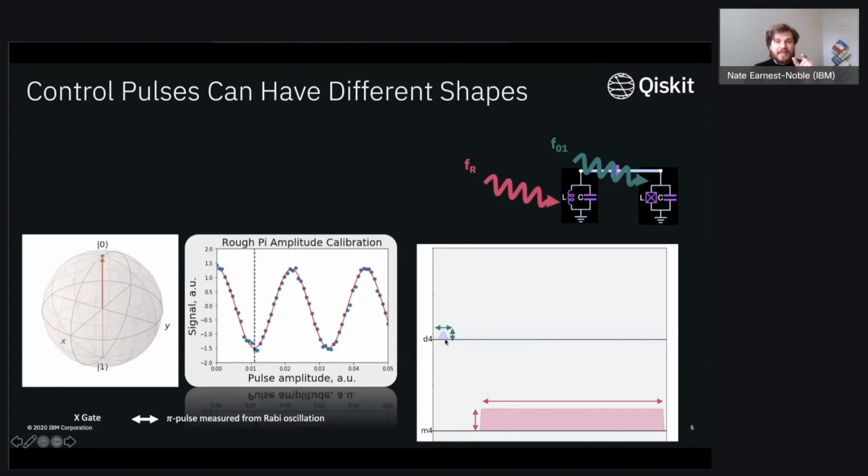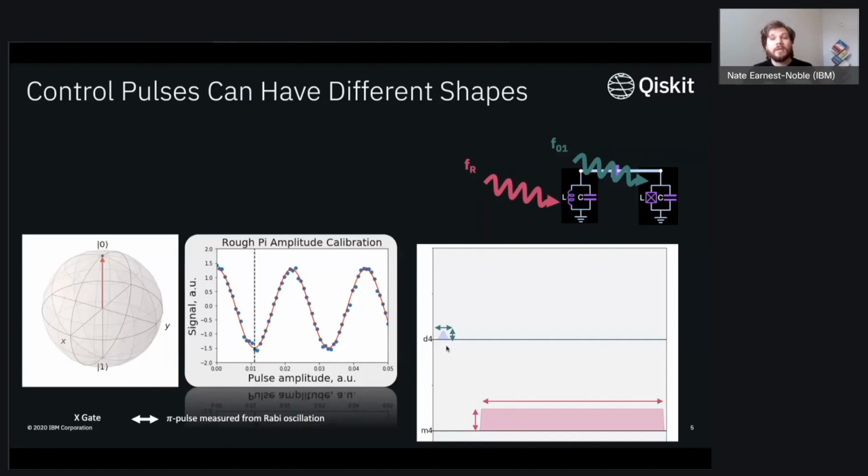Now, one important consideration. Earlier I said, let's keep that T fixed at some arbitrary value and increase the amplitude. Well, one thing you often end up wanting to do when thinking about quantum control is to make these gates as short as possible. For single qubit gates, an important consideration is that as you shorten the duration of your 0-1 excitation, at some point your pulse will be so short that you can start to excite higher energy levels.